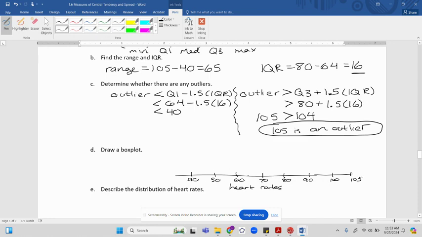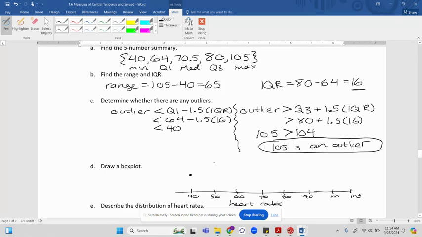How it changes the box plot is we still put all of the tick marks for the 5 values: 40, 64, 70.5, these are the 5-number summary, 80,